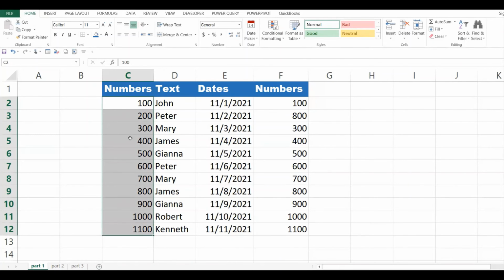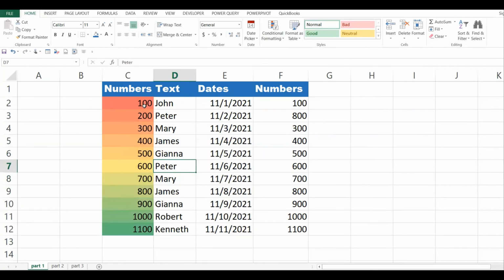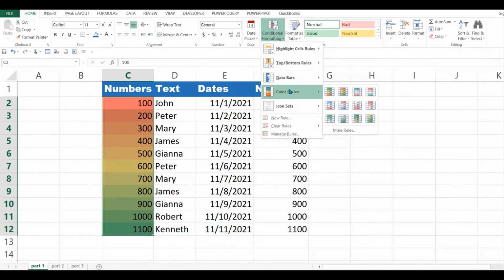The color would change based on the value, the magnitude of the value. So let's see the color scale like so. It shows red for the bottom values. It changes gradually, then it ends up in green. So that is the color scale that you can use.